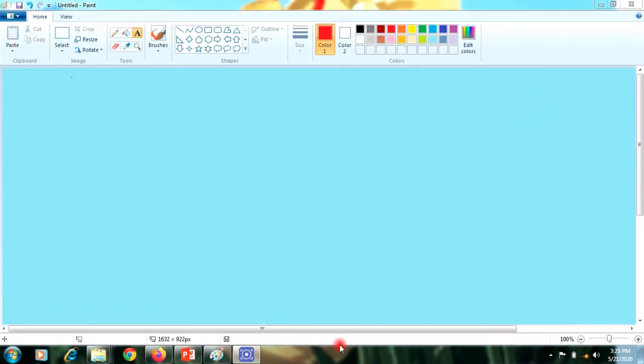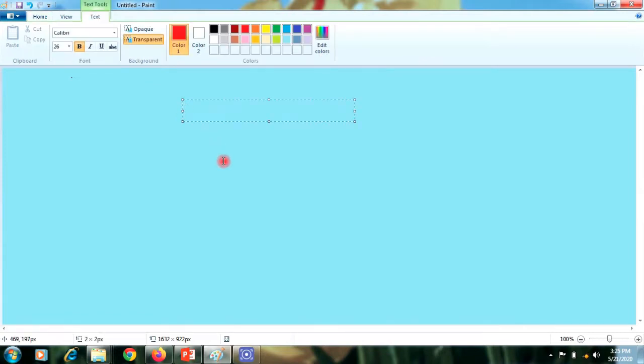As in our last tutorial we had used the text tool. So let's revise that. I'm going to click on this text tool and then click on your drawing area where you want to write the text. And this time I'm going to use this red color for typing my text. You can see when I click on the drawing area, a text box appears here, and with that a new tab also appears. This is the text tab.